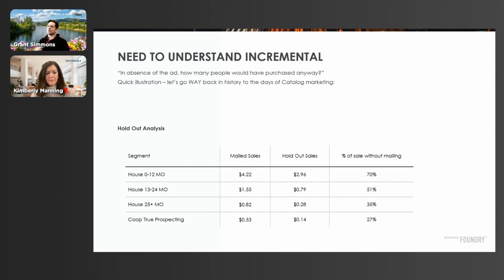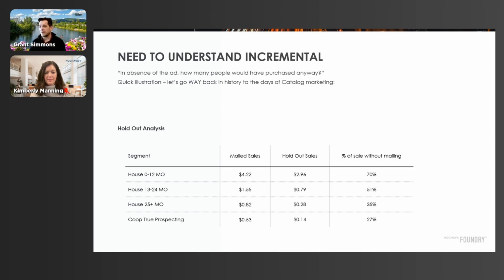And so if we go back, and not to age myself, but I've been doing testing like this for, at this point, decades. And we can go back to catalog marketing as a thought exercise here. Catalogers have to be very, very careful about their ad spend, because we live in a world of digital CPMs in like the $5 to $25 range. Print CPMs are like $700, right? When you take in the print costs and the paperweight cost and the mail cost and the merge purge cost, and the encumbered rate, it's pretty expensive. So you have to be really smart about it.